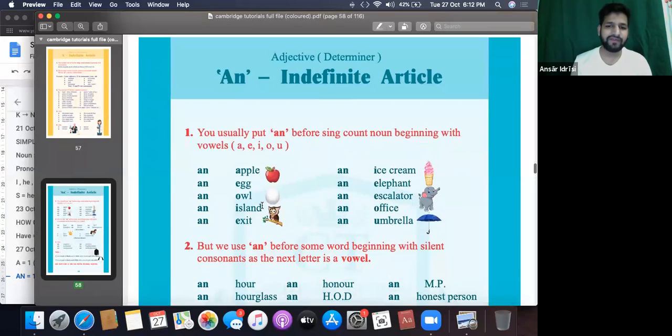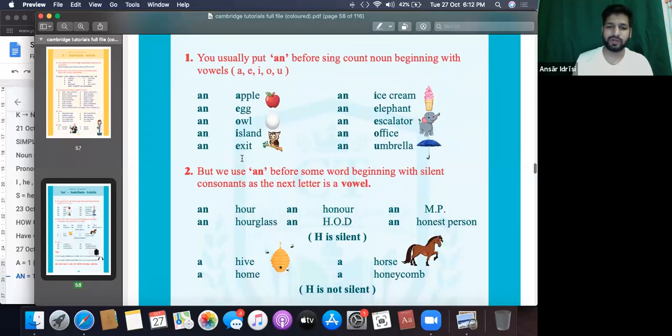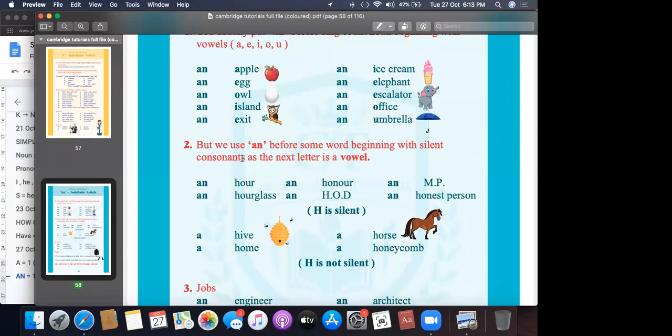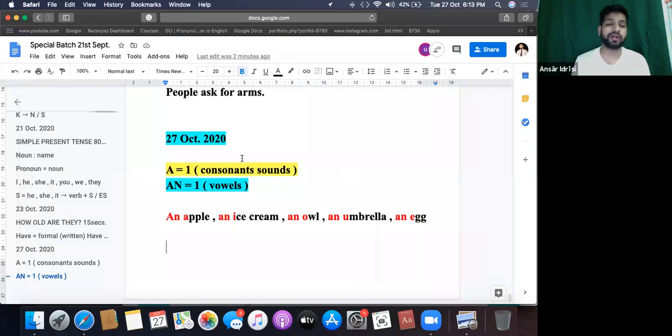Now, does anyone have any problems with it? No, sir. All right. Let's go for the next one, rule number 2. Actually, this is the main rule. The rule says we use an before some words beginning with silent consonants, where the next letter is a vowel. We can use an before words which start with a silent consonant and the next letter is a vowel. For example,